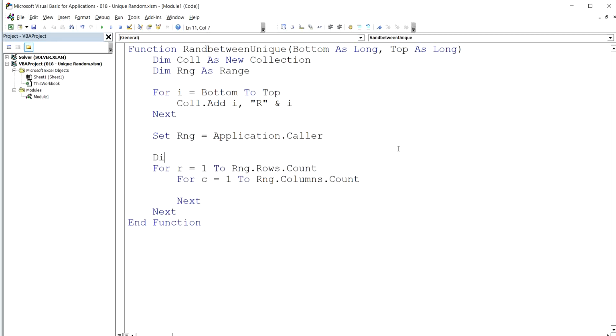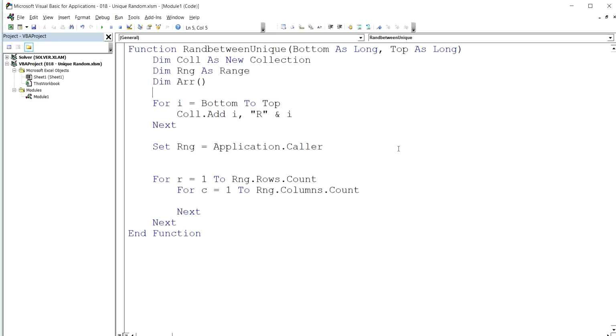So let us define the array. For that we would be defining the array at the top. Dim arr() open close. Let us not define it as a Variant. Even if we are not defining it, it is treated like an array, a Variant. So now we would be doing ReDim Preserve, because we want to save the values. So how?